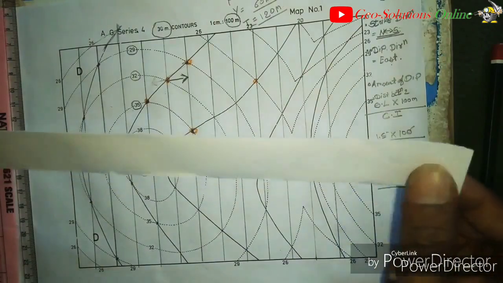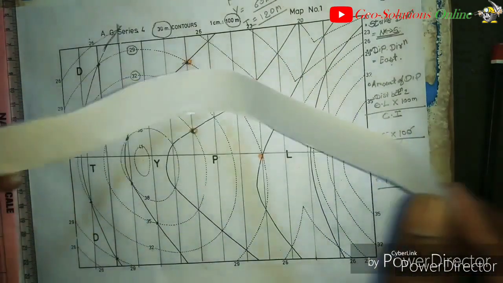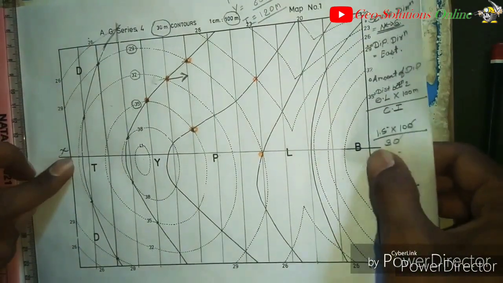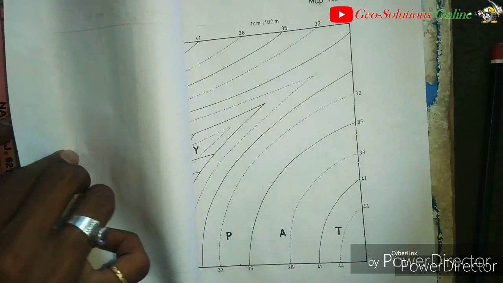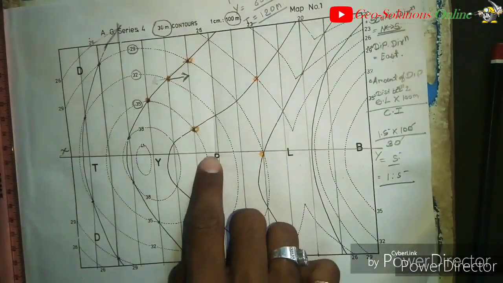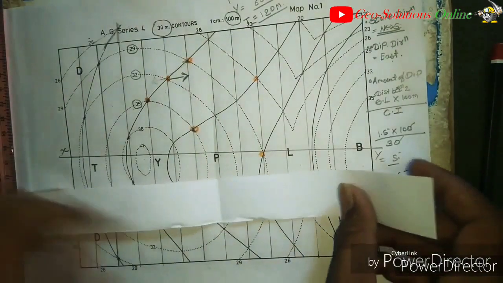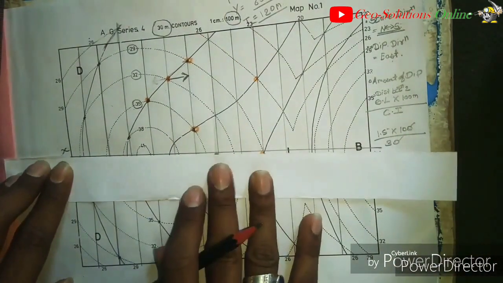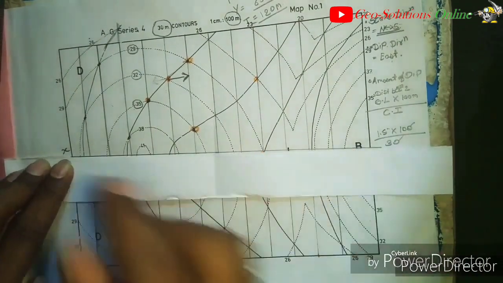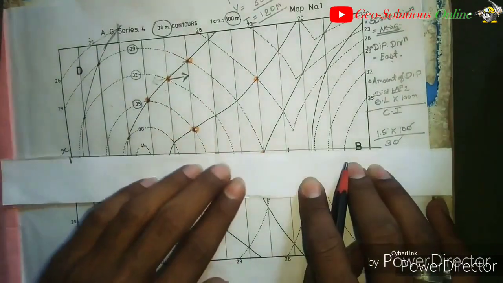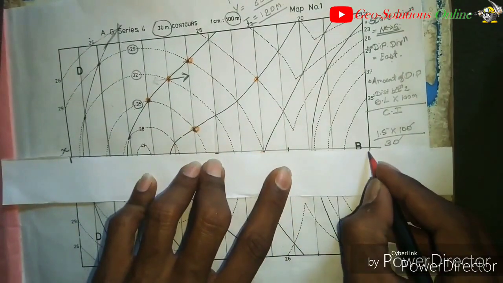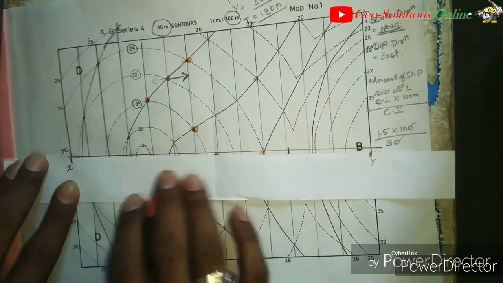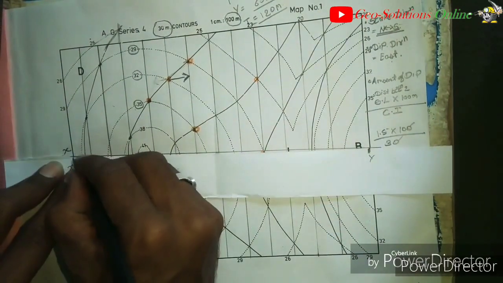You have to make this type of strip of paper. Get the center point of the paper and get the center point of these two axis points, like this. The center point of the map and the center point of your strip. Keep this strip paper in this manner on the XY axis. Mark the X point and mark the Y point carefully, Y and X.